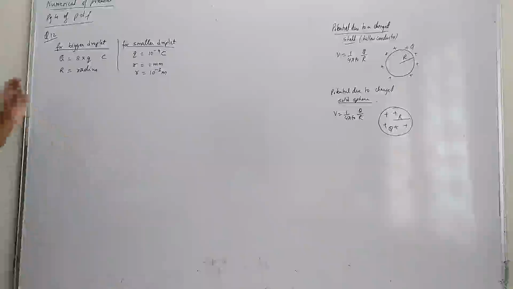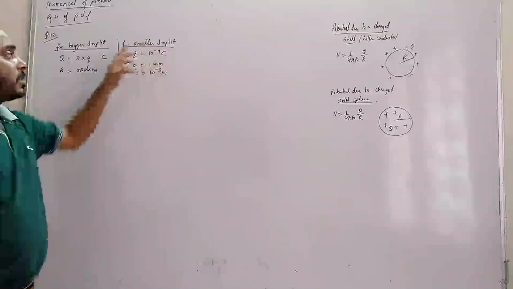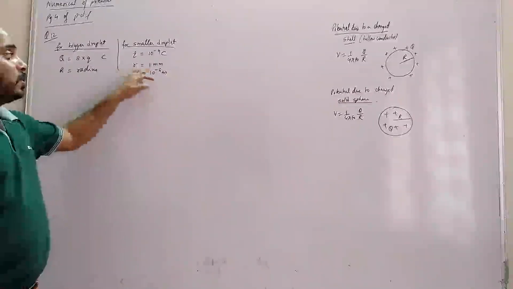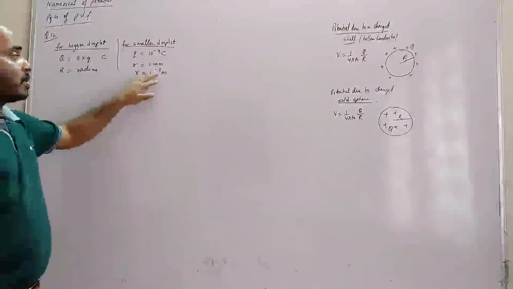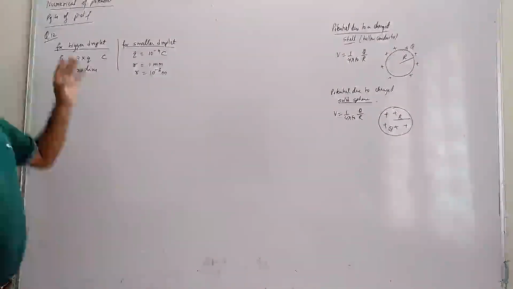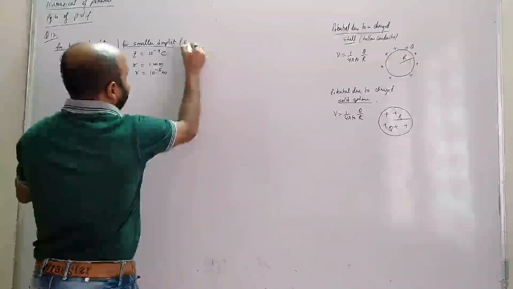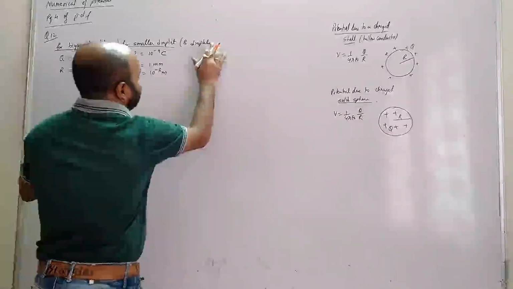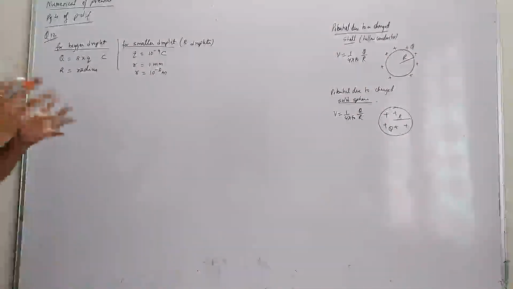Okay, 8 droplets, each droplet's charge is given to you. I have written for smaller droplets, charge is small q which is given to you 10 to the minus 9 coulomb. R is the radius which is given to you, 1 millimeter. Now millimeter is not an SI unit, so I am converting to 10 to the minus 3 meter. Okay. Now, we have to find the potential of the bigger drop. How many droplets do we have? 8 droplets. Now, these 8 droplets will form a bigger droplet. Then the bigger droplet's potential we need to calculate.